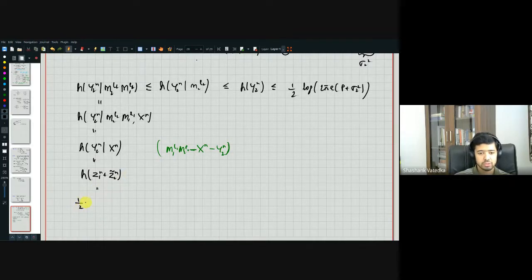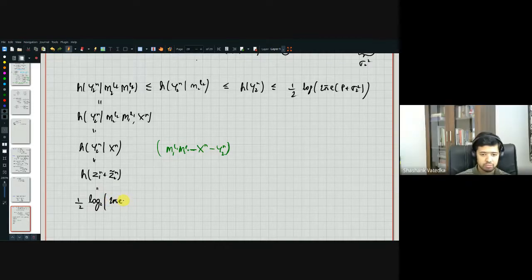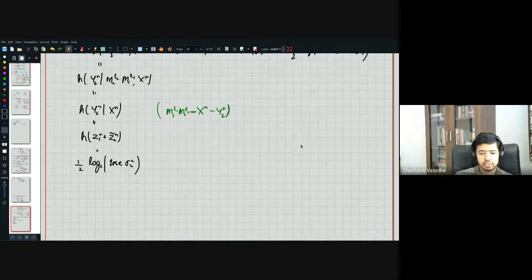Which is what? What is the differential entropy equal to? 2 pi e times sigma 1 square plus sigma 2 tilde square, or half log 2 pi e sigma 2 square. Correct? So h of y2n is somewhere between half log 2 pi e sigma 2 square and half log 2 pi e times p plus sigma 2 square. Okay, so let us say that,